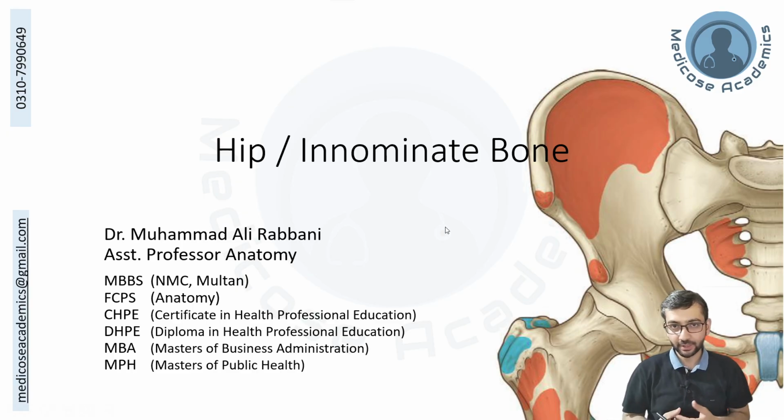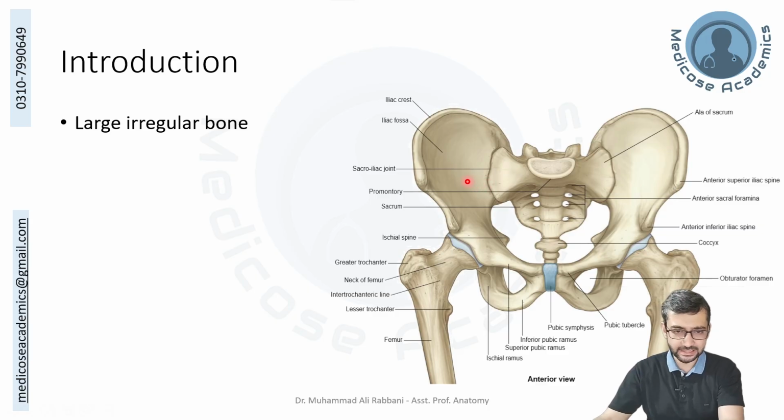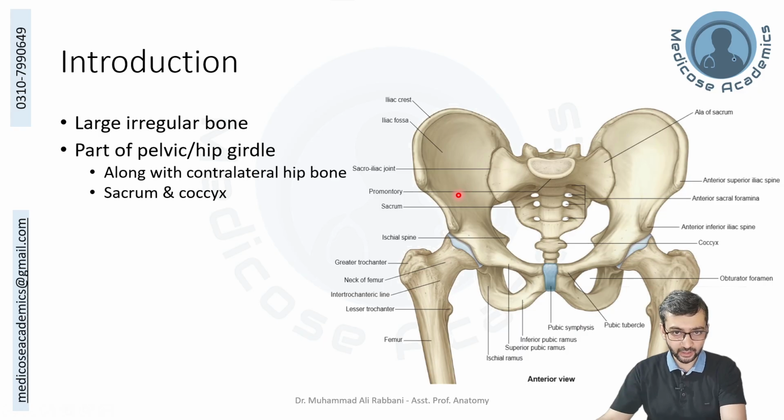I'm Dr. Muhammad Ali Rabbani, and today we are going to discuss the hip bone. The hip bone, also known as the innominate bone, is the bone of the pelvic girdle. It's a large, irregular bone, and it's part of the pelvic girdle. Along with the contralateral hip bone, sacrum bone, and coccyx bone, this whole structure is called the pelvic